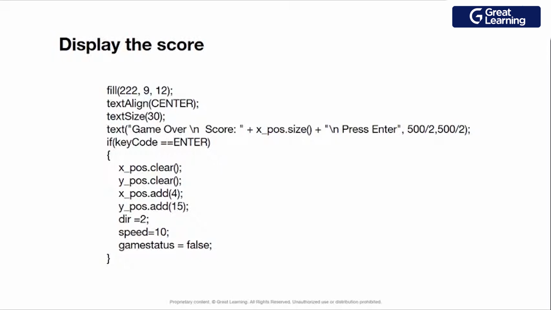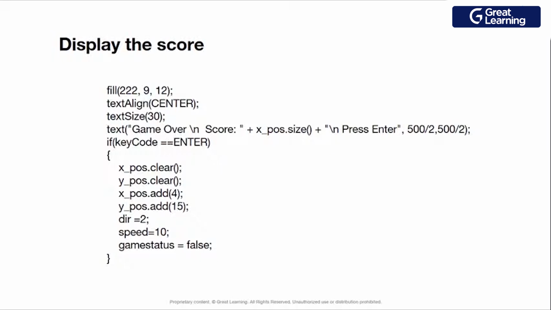The x positions, that means whatever is in the array, that will be the score, right? Whatever is in the array, the array size, whatever the elements were in the array, right? Each time we are inserting the value in that array, right? And after that we have the 500 divided by 2 represents the width of that whole screen, right? It was 500 and 500, so we want that to be present in the center. And after the enter is pressed, we will just clear these positions.